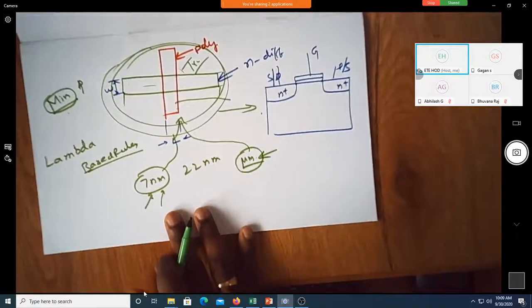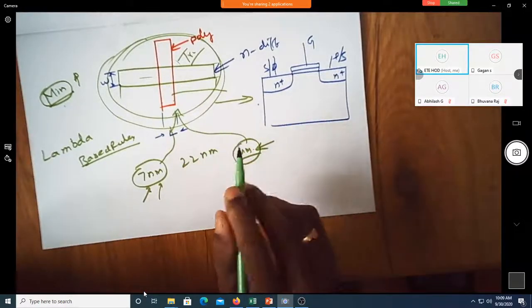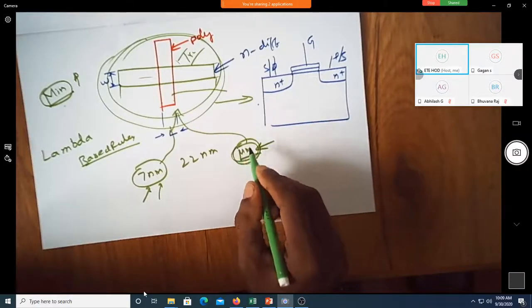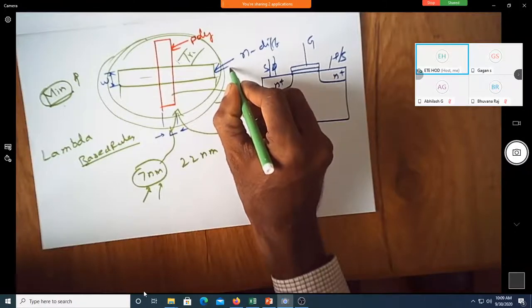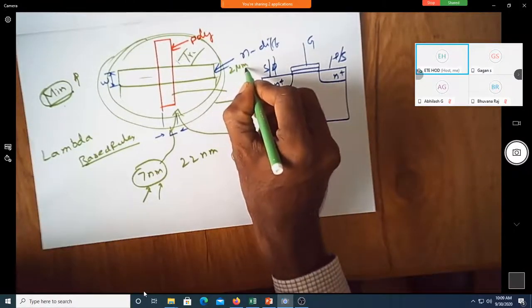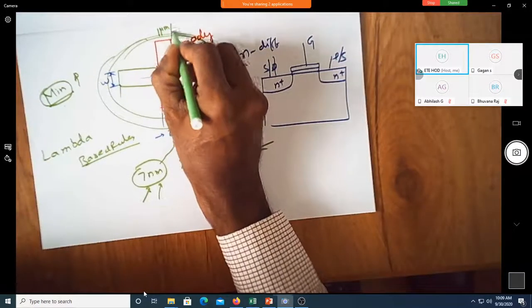There should be some common rule. Assume that there is no common rule. Suppose during the days of micrometer dimension, you say the minimum dimension of this is 2 micrometer, and the minimum dimension of this is 1 micrometer.